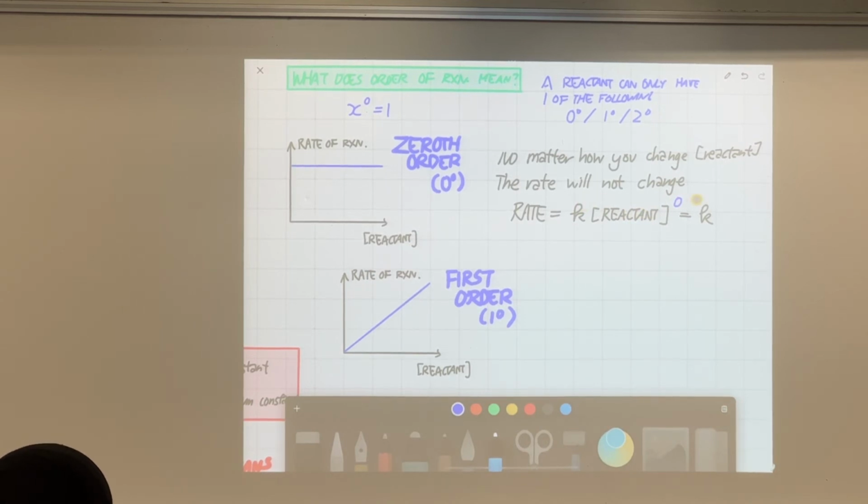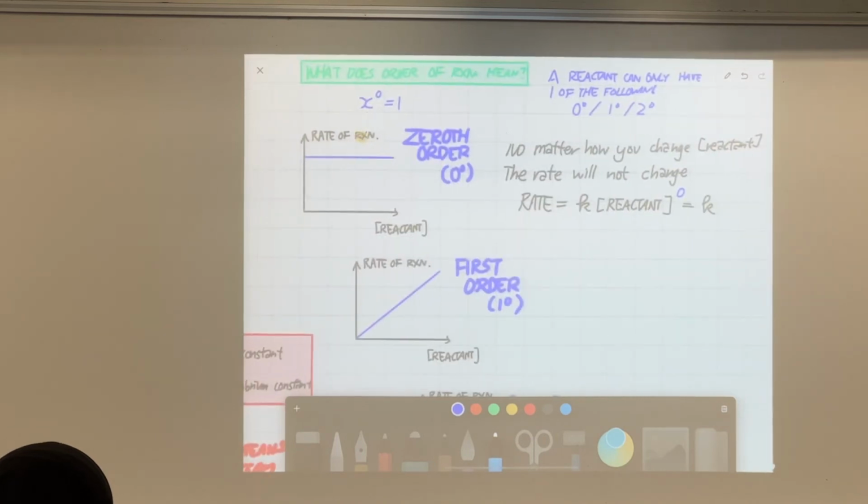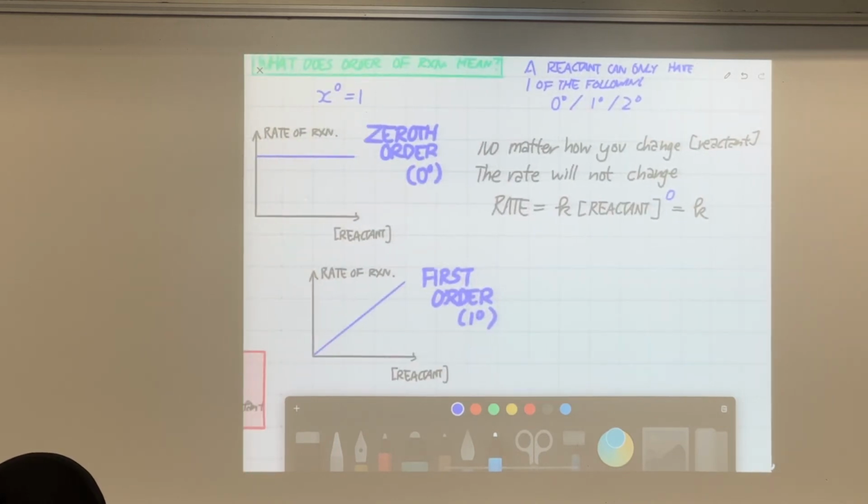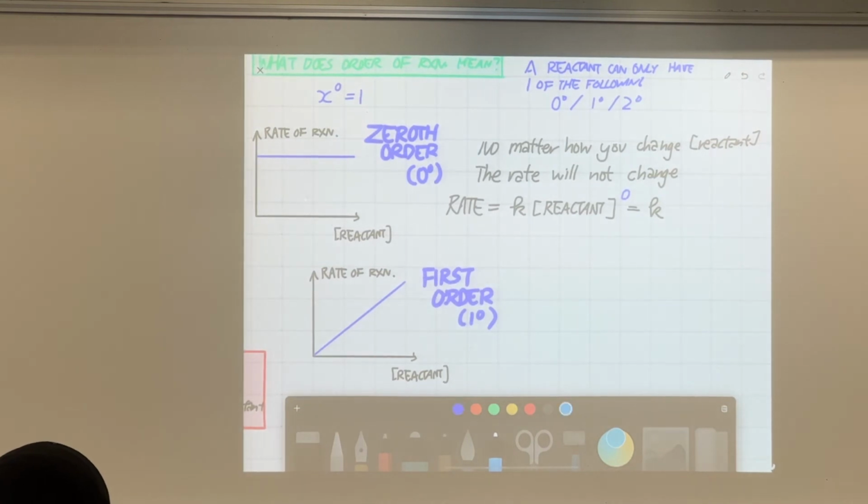And what do we call k again? Rate constant. So this is why the graph looks like a dead person, like a flat heartbeat. So you have rate equals k equals constant. This is why it doesn't go up or down. So you have rate constant here.